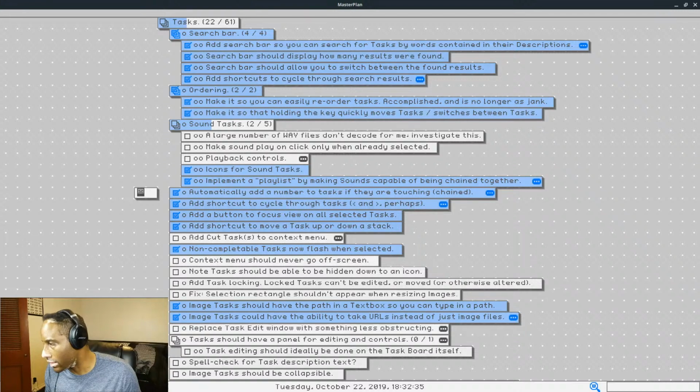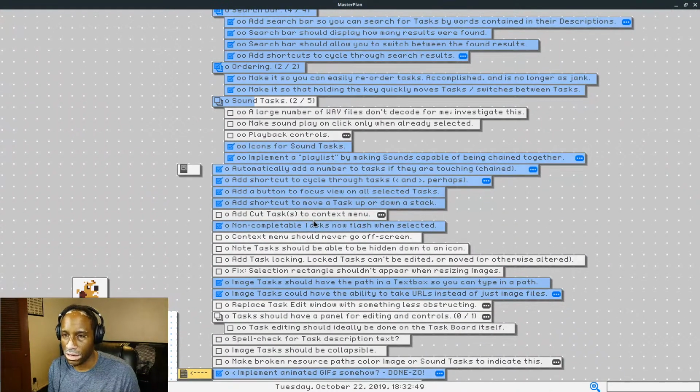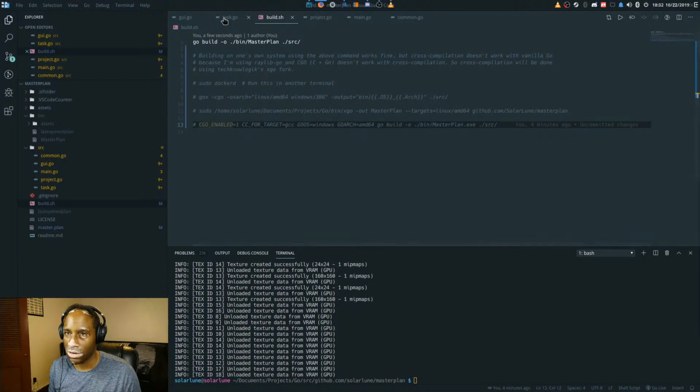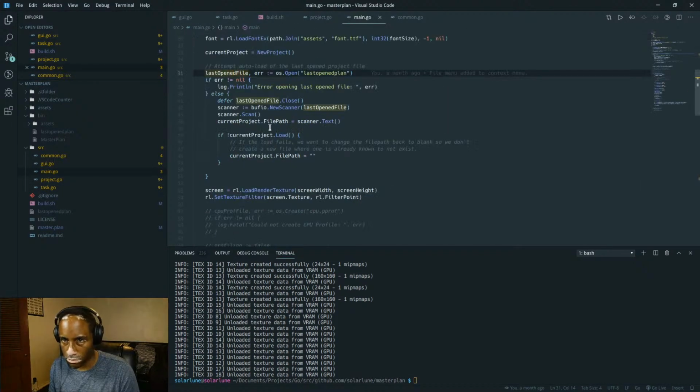Lache says, well, actually, DSASNLN says, howdy, yo, hello. And Lache says, can you make shift enter close the task so that you don't have to try and hit that tiny X every time? Yeah, that makes sense. Maybe escape would be better, because currently escape just closes the program, which is not really necessary. So let's do something about that.